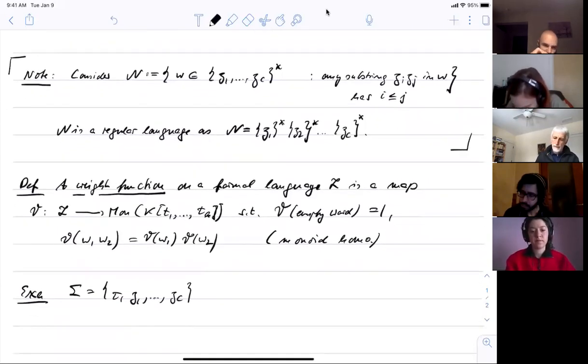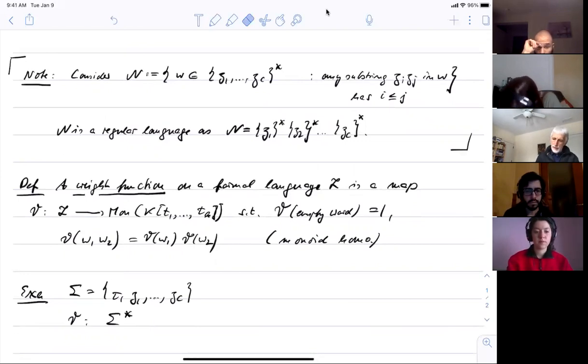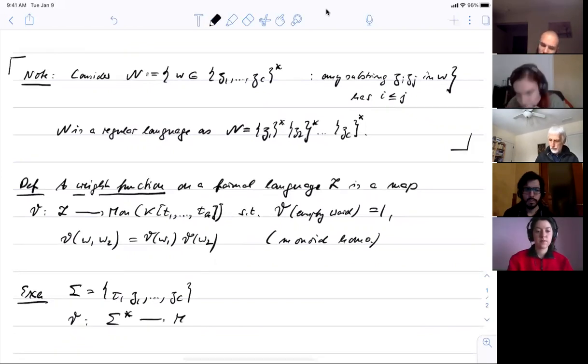And then we want to define a weight, and we do this actually from sigma star into, and now we take just two monomials. Monomials in a ring of two variables, S and T,